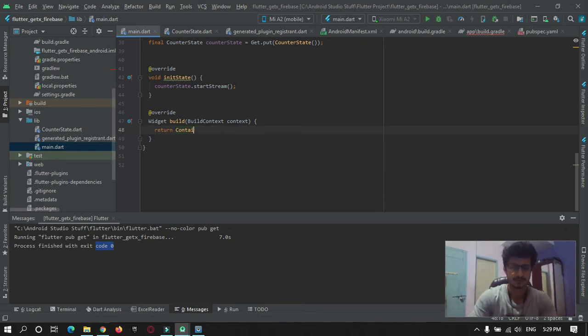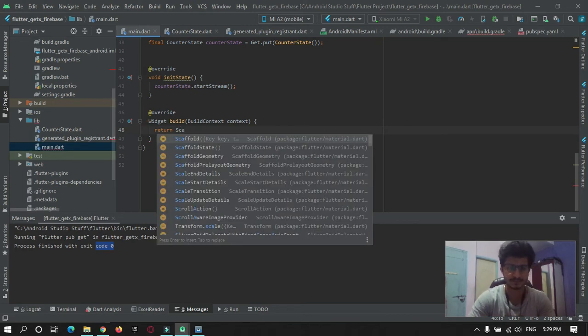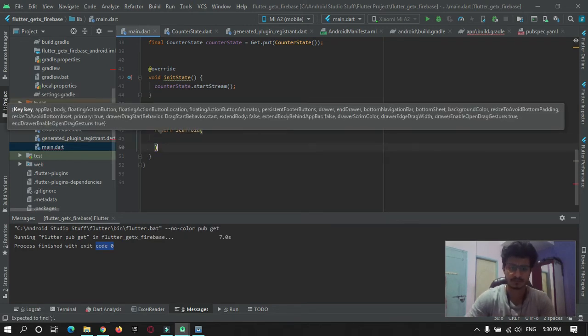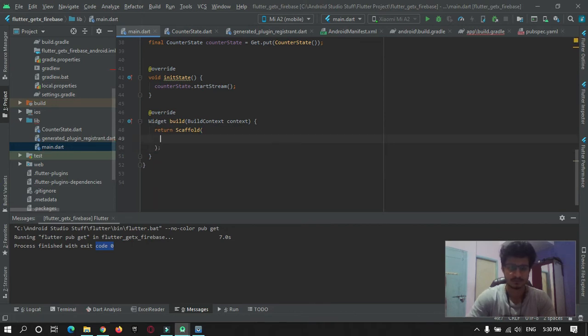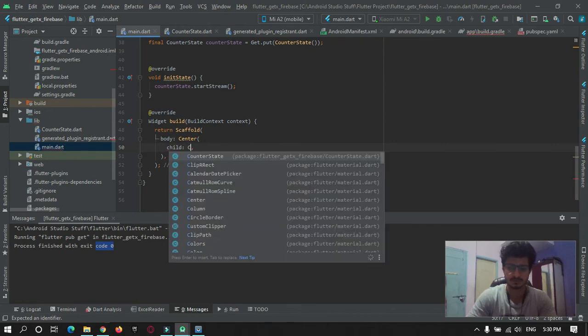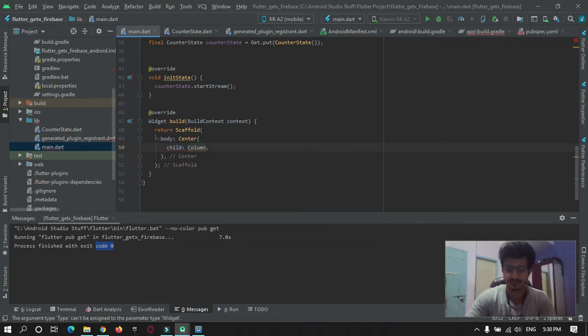Then here return Scaffold. In Scaffold, in the body tag, we will make use of a Center widget to bring all the widgets to the center. Inside we will make use of a Column widget to show more than one widget.